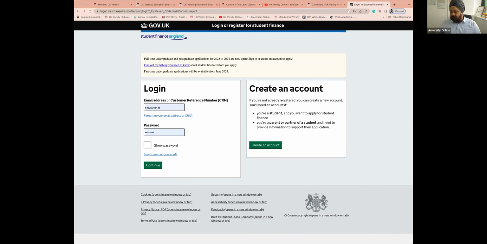What you would need to do is provide us a copy of this letter once you receive it. The reason for asking you to provide us a copy is to ensure that we know your loan has been approved, and we need to start tracking attendance. One of the key things that you would look at when you start